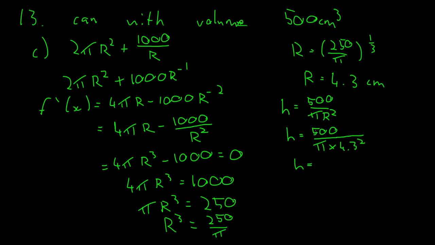However, when you do this calculation, I recommend not using just 4.3 squared. Use the full long one, because you don't want to make any rounding errors, just only round it off at the end. So I'm going to start by doing pi times that